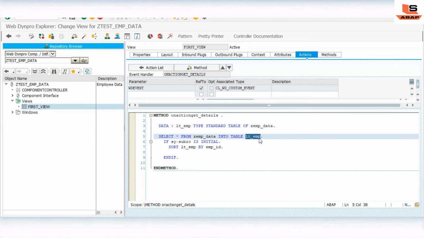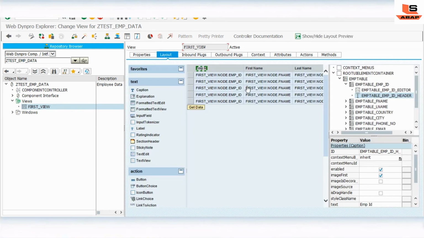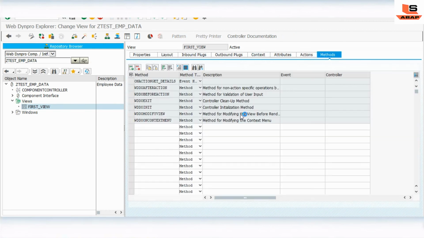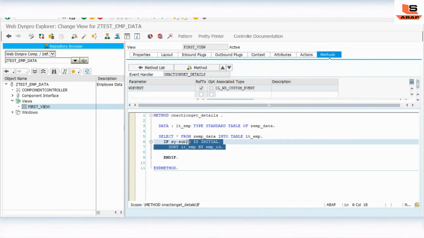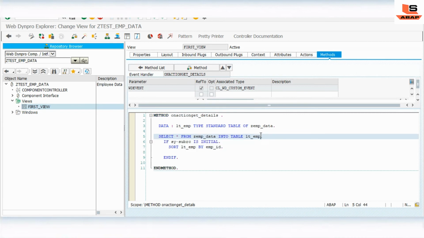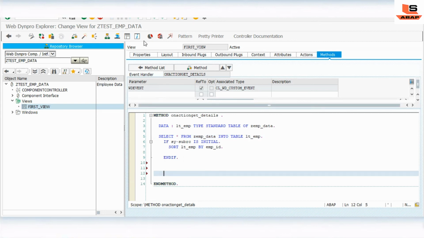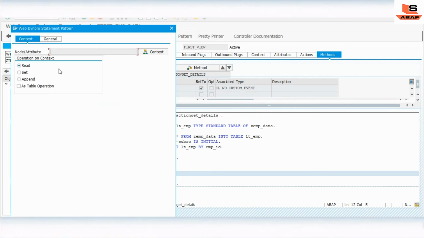But how can we display this data in this table? As of now, we have just retrieved the data into this internal table. Now we have to bind this data to this UI element. For that, we just need to click on the code wizard. Here, as you can see, there is the option called set, which is a table operation.